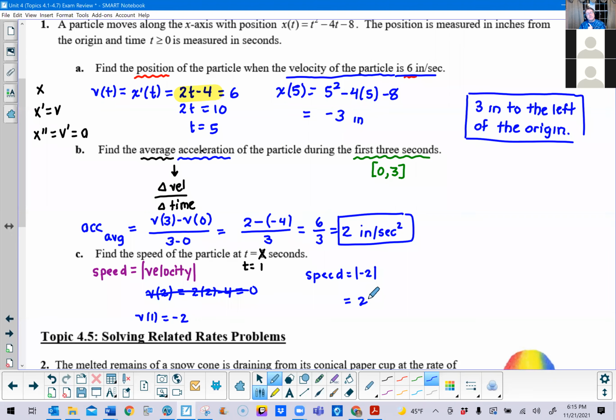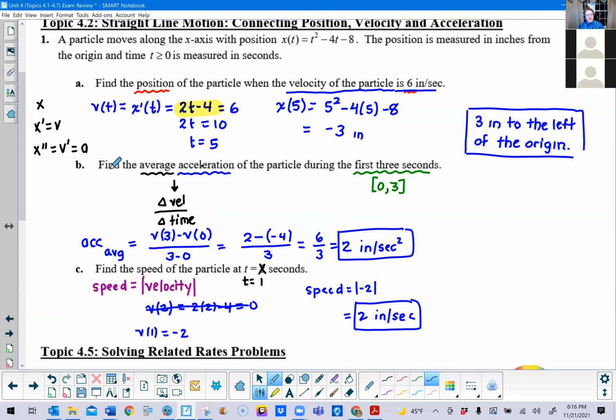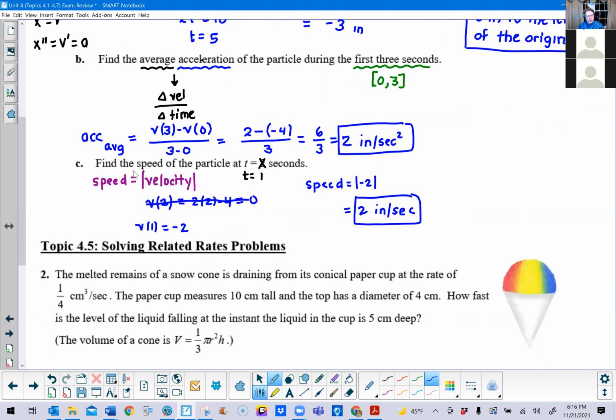Now, one thing that speed and velocity do have in common, and that's their units. If velocity would be measured in inches per second, then speed would as well. The only difference is you make it positive. Okay. Kind of ironic that the average acceleration over the first 3 seconds is the same number as the speed at 1 second here. But that's just a coincidence with the particular function that I used. And I would like to move on to a